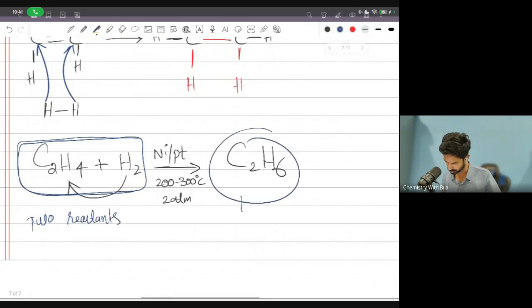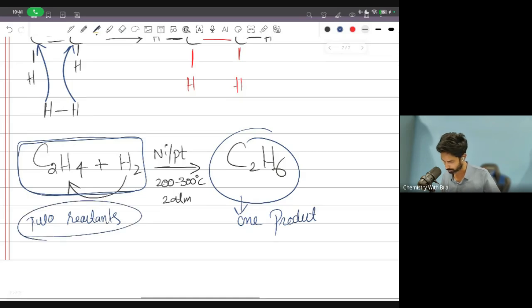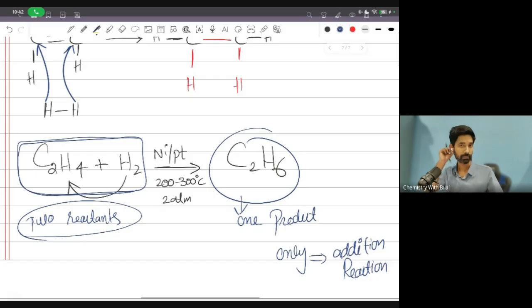हाउ मेनी प्रोडक्ट्स? 1 product. Whenever 2 reactants react to form 1 product only, always an addition reaction. आपसे पूछेगा भाई ये एडिशन है, बताओ क्यों एडिशन है? एडिशन का मतलब कोई चीज रिप्लेस नहीं की हमने, रिप्लेसमेंट नहीं है, ये कंबस्शन भी नहीं की, हमने 2 चीजों को ऐड कर दिया। एडिशन की आइडेंटिफिकेशन ये है कि 2 रिएक्टेंट रिएक्ट्स टू फॉर्म 1 प्रोडक्ट ओनली।